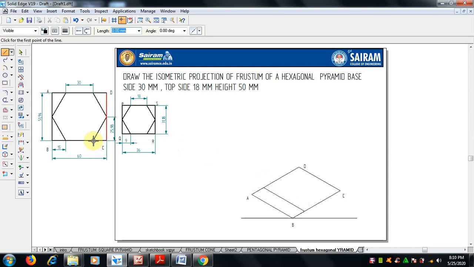Like this, from this corner to here, what is it? The same 30. This is 30, 15. Otherwise you can draw from here what is given. This is a 30 line, right? So one side of this hexagon. So from end point here to here we can draw 30 mm at a 30 angle, right? So the same from here to here also, end point 30 mm length at a 30 degree. Okay, so now we will get this parallel and this parallel line.